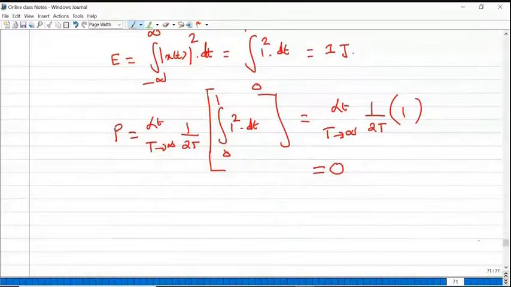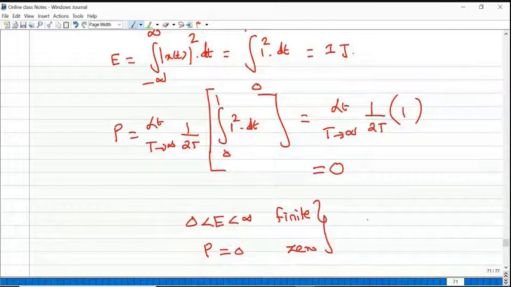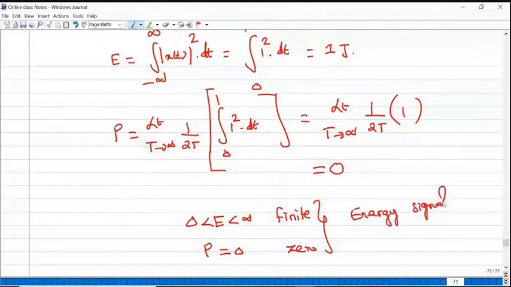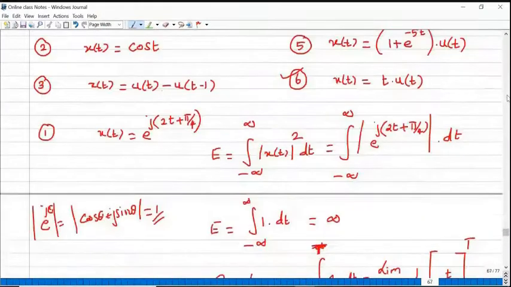So for the third signal, energy is finite, and power of the signal is 0. So this is the condition for a signal to be an energy signal. Therefore, the given signal is an energy signal. Okay, so similarly, you try to solve the problem for